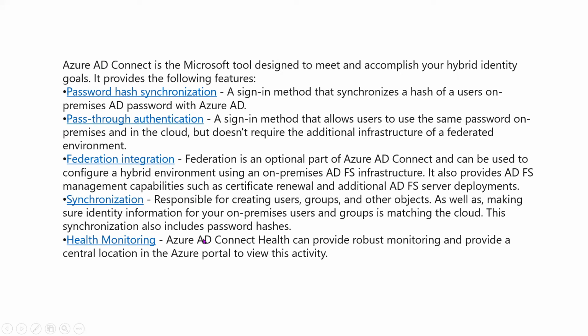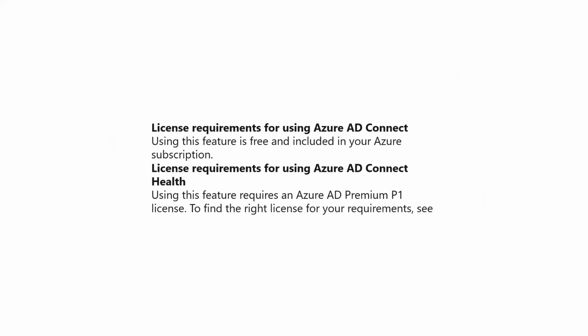So generally, what happens whenever I'm deploying this Azure AD Connect? It asks me to select password hash synchronization. Options are there. I will show you where you can check or uncheck this password hash synchronization. But by default, if you are not selecting anything, this is the default setting here. Password hash synchronization will be selected by default. So the same thing happened in my case also.